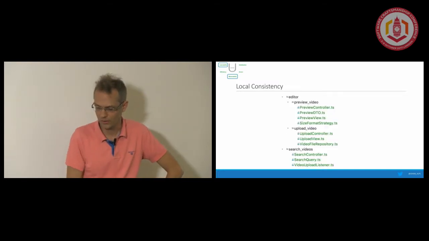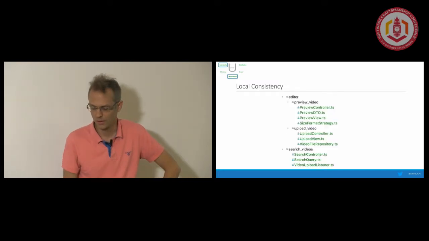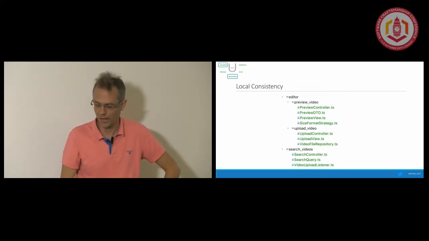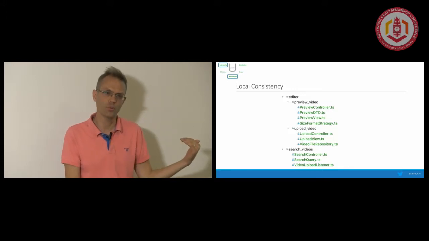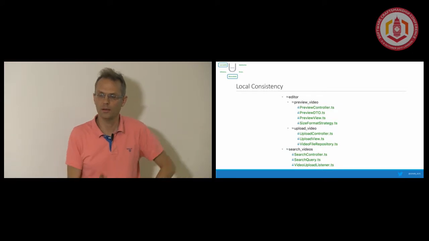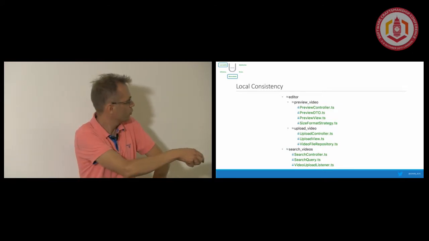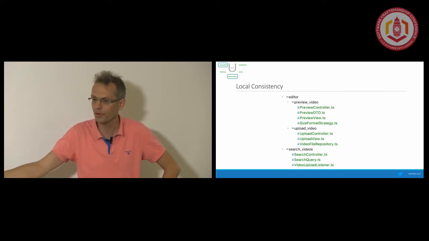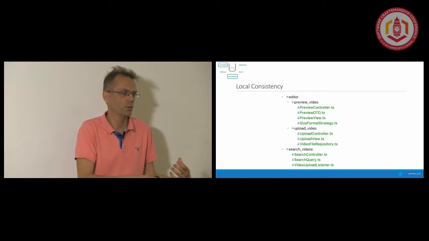One example here would be that there's one part which is more consistent, which is editing the videos, and one part that can go a bit further away, which is the search mechanism, that can even be pulled out to a separate service. You might need consistency in this upper part, because they're very closely related, but you don't need it so much in the other one.